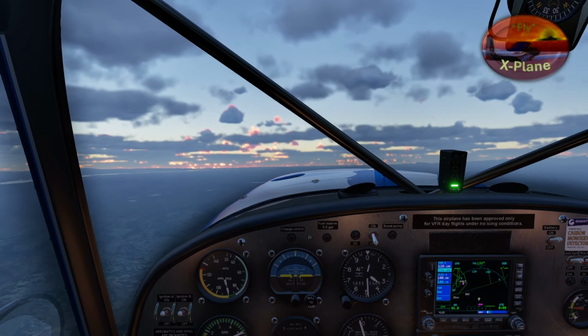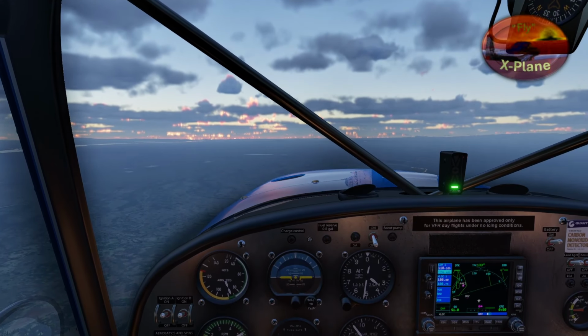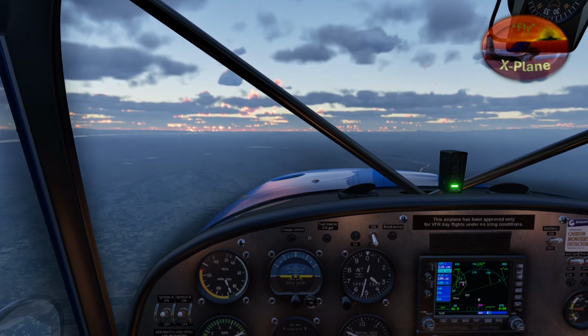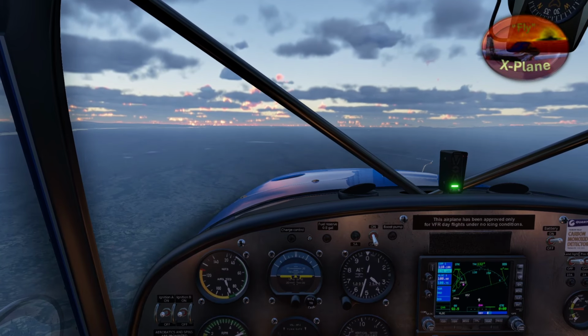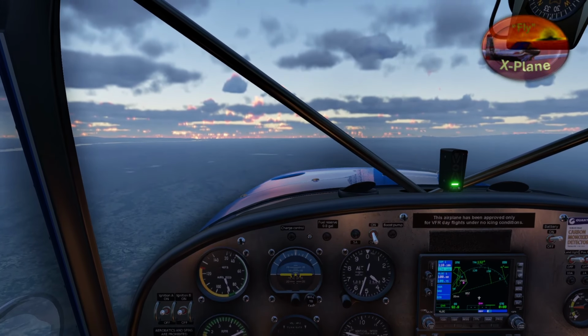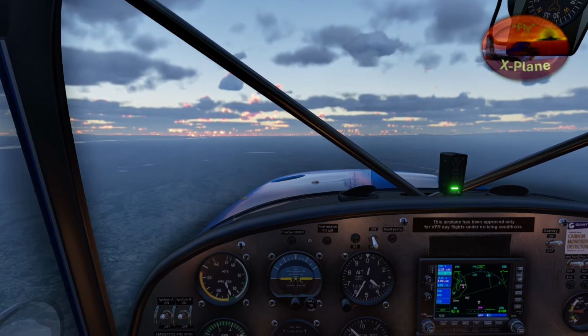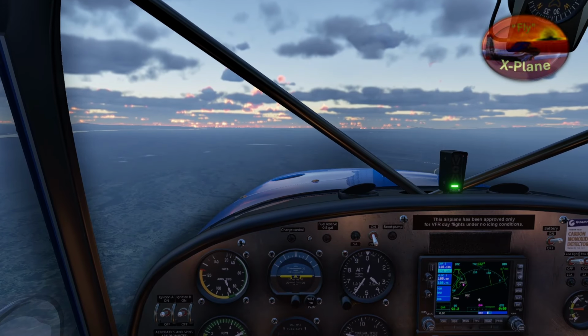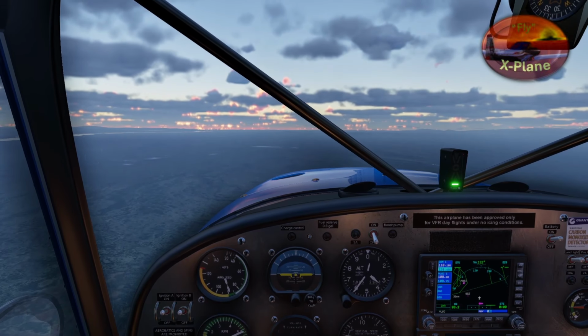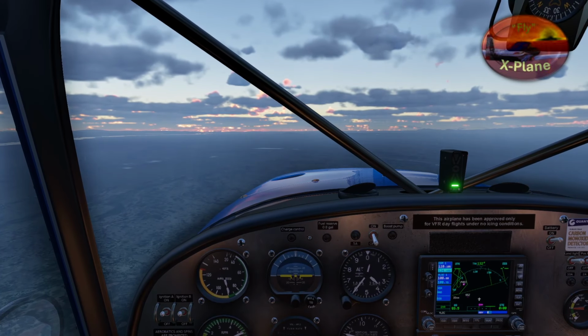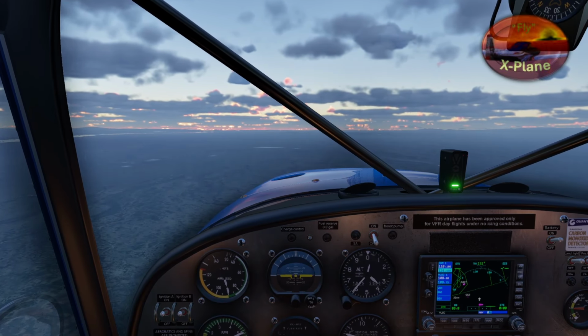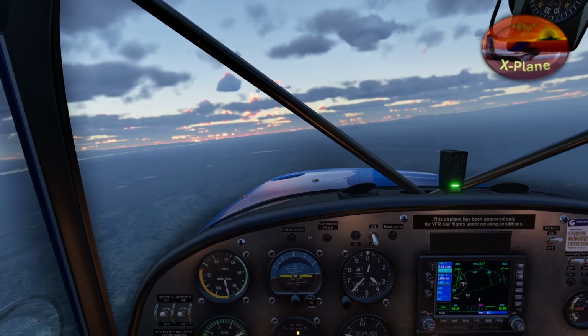Let's turn that on. Okay, so we'll be coming in on 30, I reckon. That's 2 lakes and the airfield. The 2 lakes form a figure of 8, and there is a larger lake